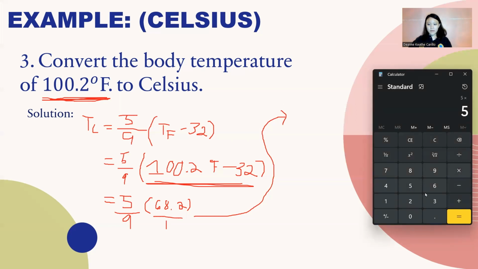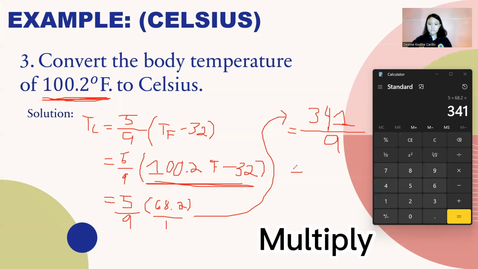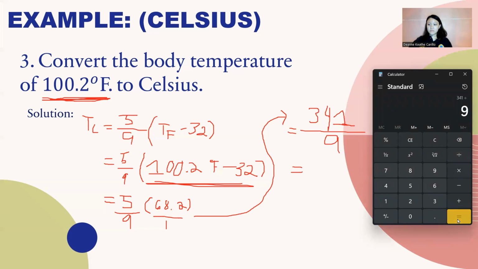5 multiplied by 68.2 is equals to 341. And automatically, this is not the final answer yet. We should divide 341 over 9. 341 divided by 9 is equals to